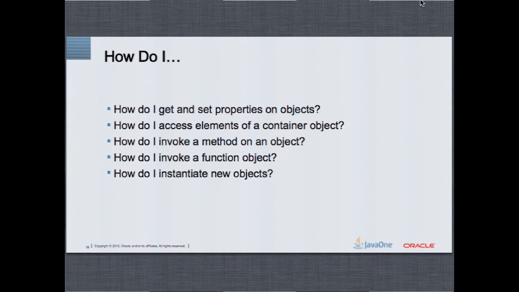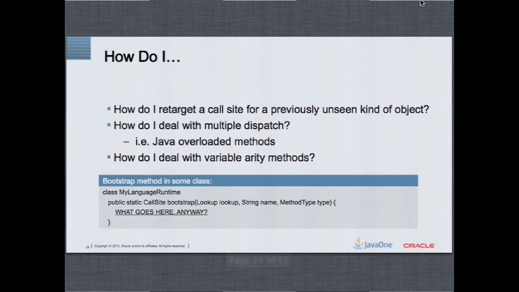So if you have any of these questions when you're implementing your language runtime, how do you get or set properties on an object? How do you invoke a function? How do you retrieve elements? How do you invoke a constructor? Then these are all things that InvokeDynamic as such on its own won't help you with. Or, again, you need to retarget your CallSite for a previously unseen kind of object. And you have all scenarios for multiple dispatch. Java overloaded methods are a prime example